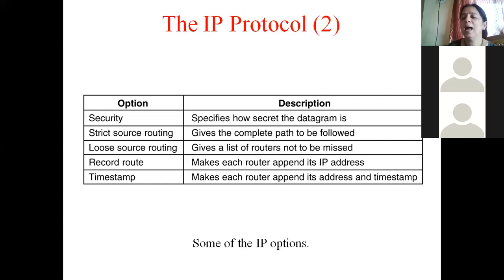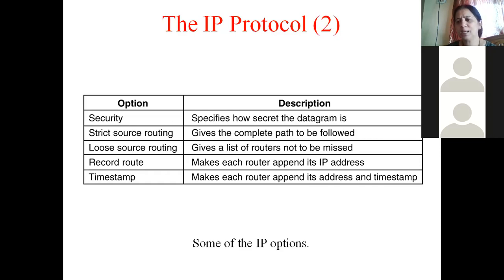Record route means as the packet goes through multiple routers, the IP address of each router is appended to the packet, showing which path it has taken. That is called record route. So that at the destination, we can come to know which path it took, which all routers it went to in order to reach the destination. And lastly, timestamp will append not only the IP address, but also the time at which that packet had gone to a router before reaching the destination. So if timestamp and address together are appended, then the option that is included is timestamp.